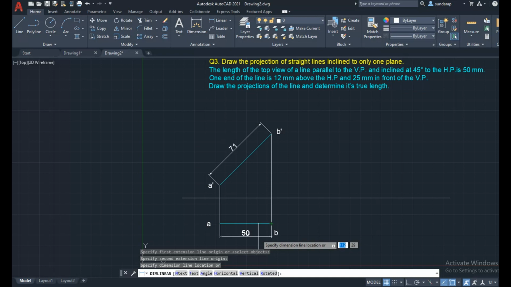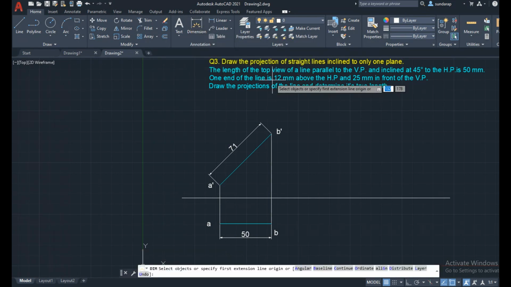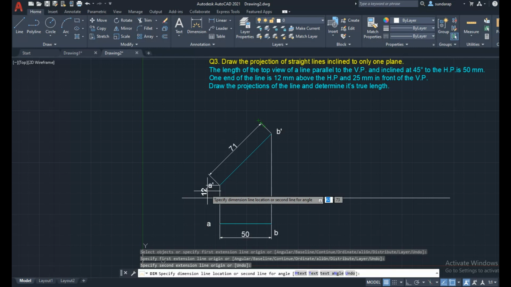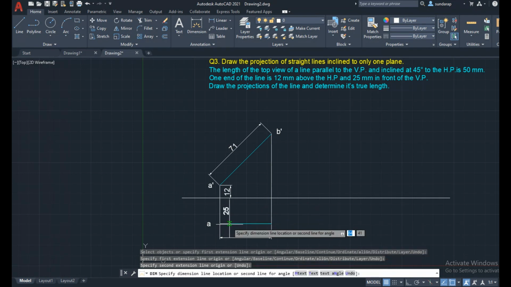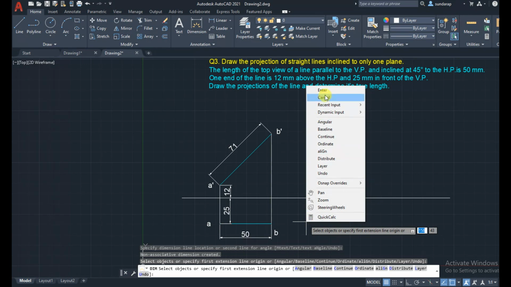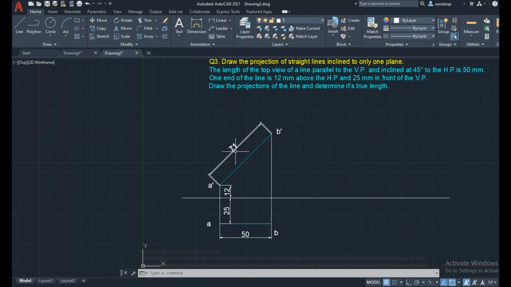Mark the dimension. One end is given as 12 mm, so draw 12 mm and 25 mm in front of VP. That's it. This is the true length.